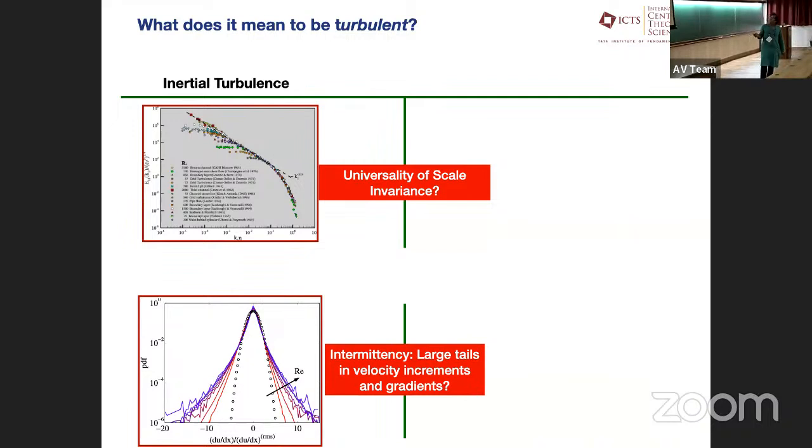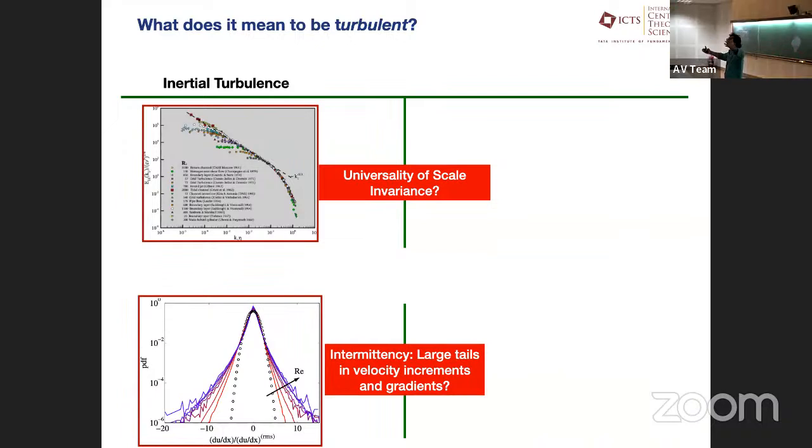Furthermore, what people in turbulence know, and this goes back to Kolmogorov's seminal work in the 1940s, is that this power law has a scaling with an exponent which is universal. The exponent is -5/3, it's k^(-5/3), but the number is important. But what you should remember is that if I were to do my experiments in a wind tunnel in Göttingen, or if I were to send a drone up in the atmosphere and make measurements, or on my computer, I would always get an energy spectrum which has the same power law k^(-5/3).